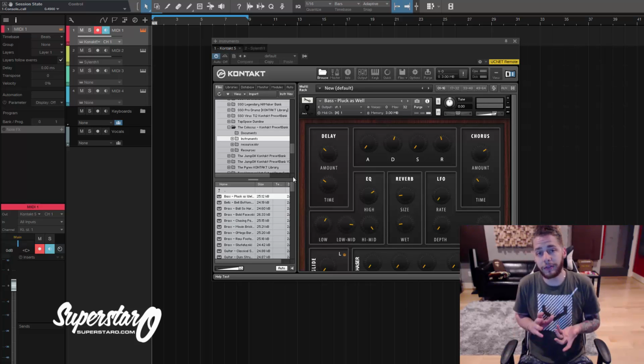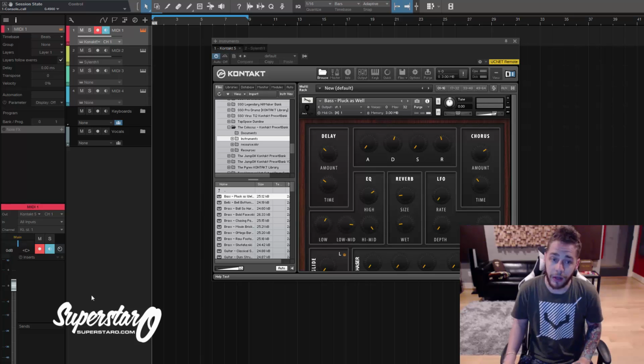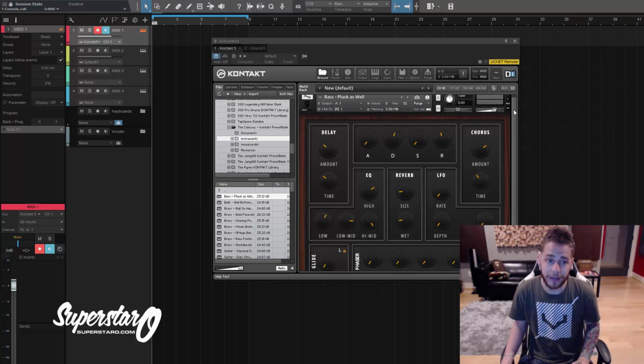So it's a lot of, think of it as like an expansion, well, it's not an expansion, it's a bank, but just think of it as you're getting an expansion full of realistic sounds like brass, guitars, strings, woodwind, so on and so forth, pianos. So this is something that a lot of you asked for a lot, like I said,